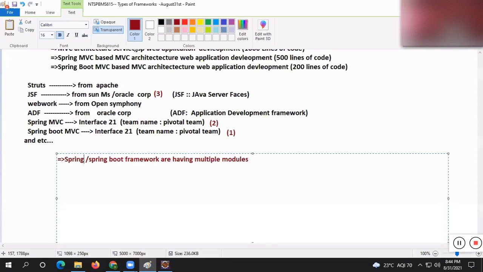The Spring framework and Spring Boot framework have multiple modules like Spring Core. I will give only the module names: Core, AOP, JDBC, Transaction Management, MVC, REST, Security, Batch, Mail, and so on. So we can say